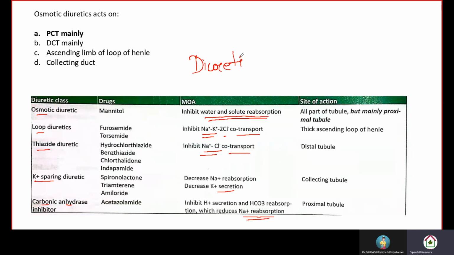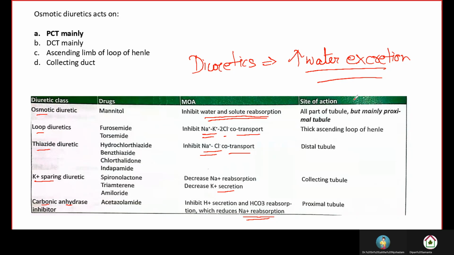diuretics, what they do, they increase water excretion. Okay, it increases water excretion. That's why sometimes it is also given in hypertension. So water excretion, that means how can water excretion be increased? Two methods. Either